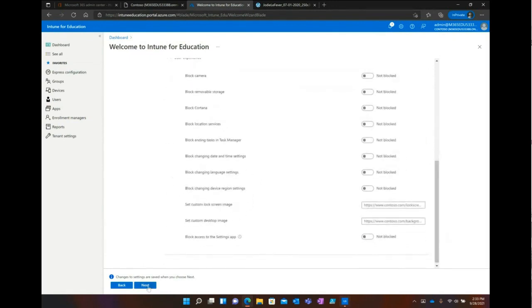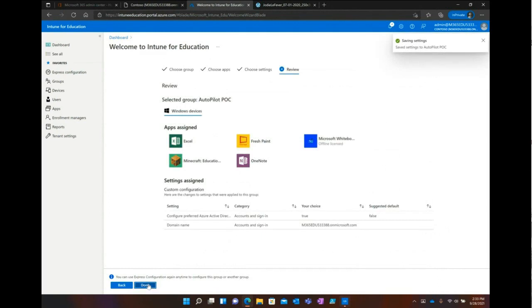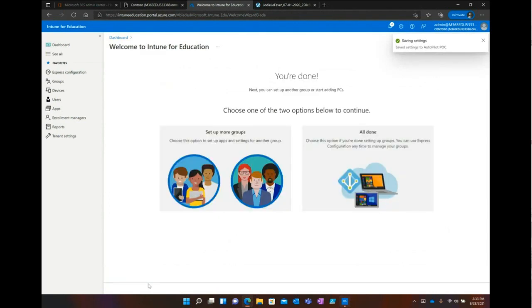After you configure some of those initial settings, kind of like your base image, only do the bare minimum here, and then we click Next, it's going to give you a summary. And when you click Done, you've just deployed apps and settings, both web apps and regular apps, to devices anywhere without a VPN. I know that's pretty exciting, right? And to set this up, it's just a cloud interface. There's no infrastructure. There's nothing to keep maintained or upgraded. It just exists in the cloud. So what we did there is basically this express configuration.